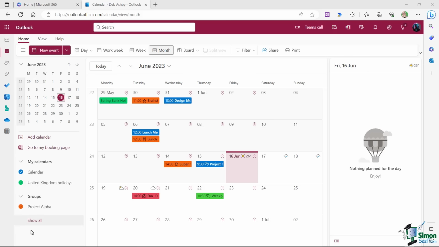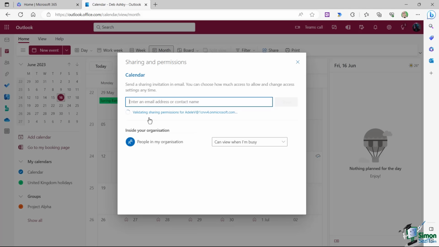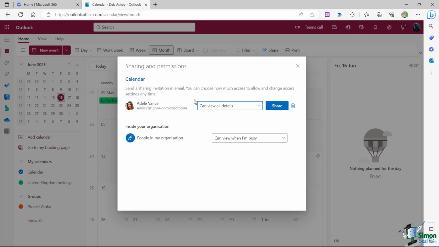If we take a look over in this left-hand pane where we have all of our calendars listed out, if I wanted to give Adele access to my personal calendar, all I would need to do is click on the 3 dots to open up the More Options contextual menu, and notice we have sharing and permissions. So if I click on this, all I need to do is add in the person or people who I want to have access to my calendar. So I'm going to choose Adele, and I then get to specify what level of access she has to my